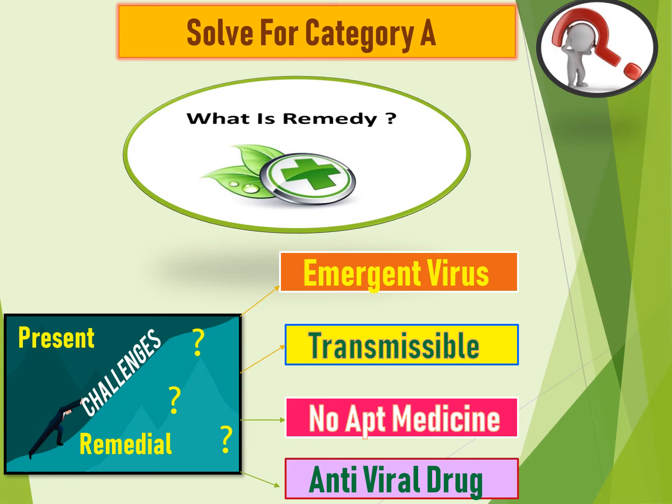And of course there are no apt medicines for this particular coronavirus, and we need to generate an antiviral drug which can really treat this kind of virus, and that is very important. But of course the treatment may also vary from case to case and person to person based on their severity, age, demographic aspects and other health complications. So these are all the present challenges for a quick remedy for the coronavirus at the moment. It is a global issue.